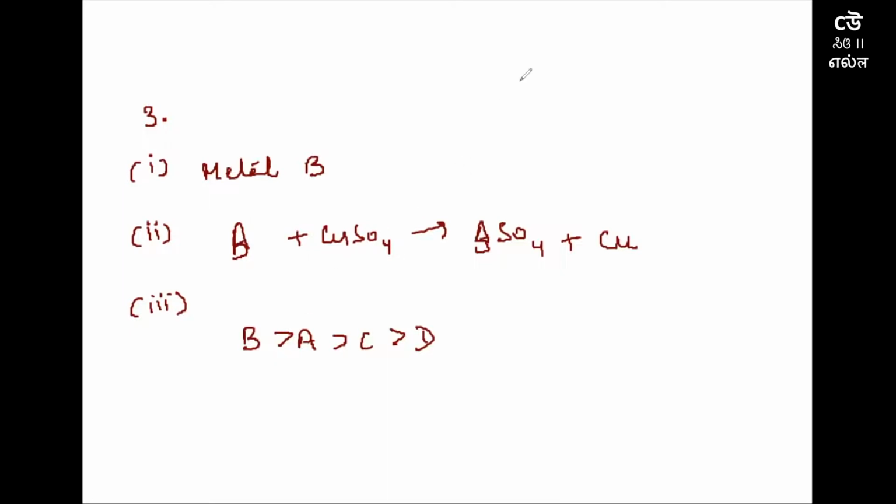Moving on to the next question of page number 46. The question says, which gas is produced when dilute hydrochloric acid is added to a reactive metal? Write down the chemical reaction when iron reacts with dilute sulfuric acid, which is H2SO4. So we will say that whenever dilute hydrochloric acid is added to a reactive metal, hydrogen gas is liberated.